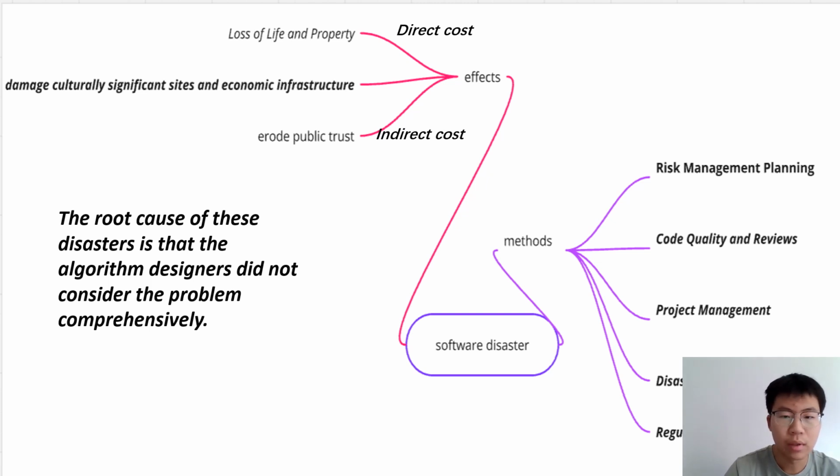For the methods to prevent software disaster, the first is risk management planning. Identify potential risks early in the development process and create mitigation strategies for each. Second, enforce coding standards and conduct regular code reviews to maintain quality and catch issues early. The third, project management. Use agile methodologies and maintain clear communication among the team to ensure everyone is aligned with